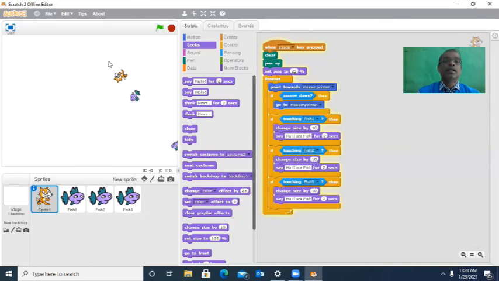I have to correctly click on the second fish. Okay, see, the size of the cat keeps increasing whenever it eats one fish. One more fish is left. I must click on this correctly. That's all. So I ate the fish. Now see the cat size. It has increased to a bigger size.